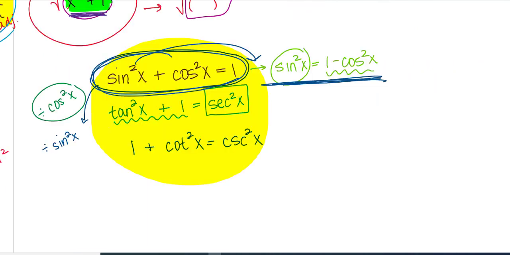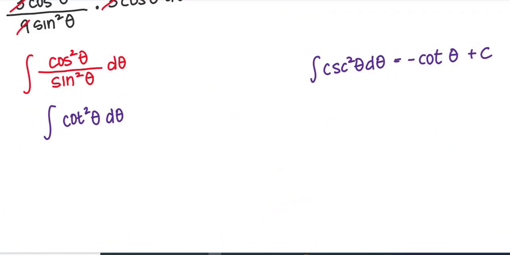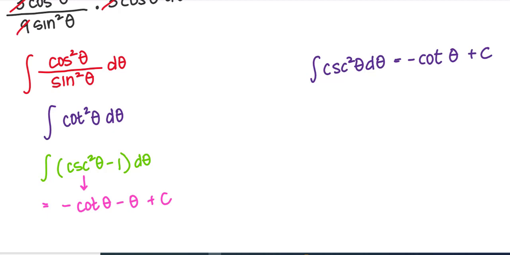You have this Pythagorean identity that says cotangent squared of any angle would be cosecant squared of the angle minus 1. So that's what I'm going to substitute in here. So I'm going to change this to be, instead of cotangent squared theta, cosecant squared theta minus 1. Antiderivative of cosecant squared theta we talked about is negative cotangent theta, and I'm anti-differentiating 1 with respect to theta, so that becomes a theta plus c.